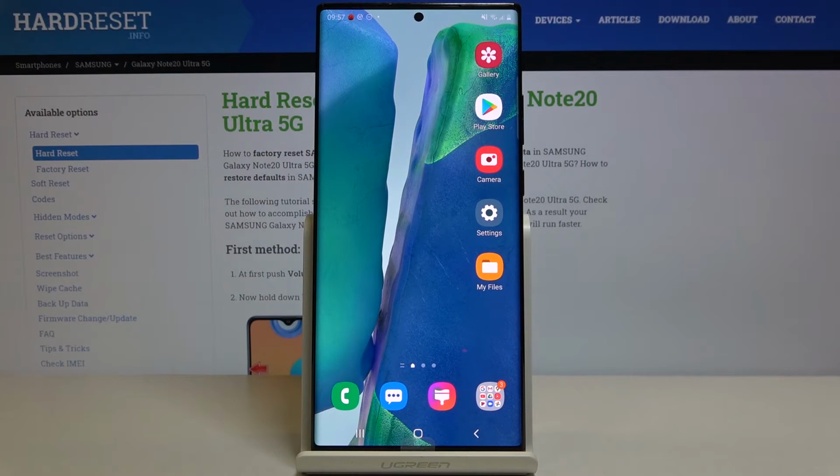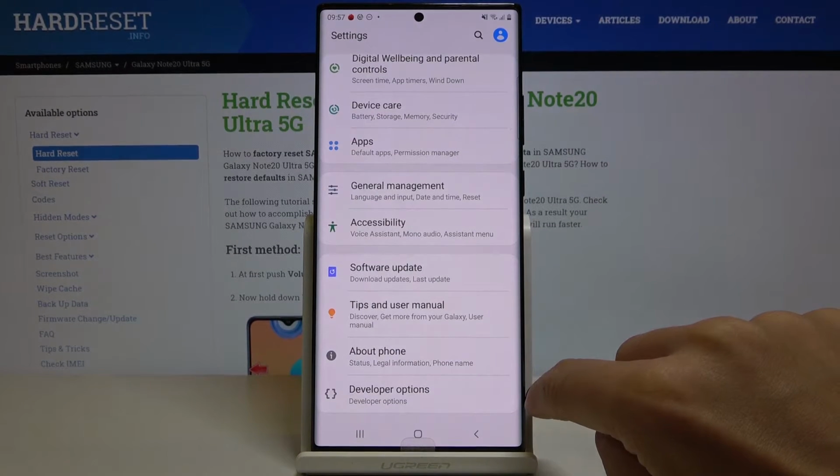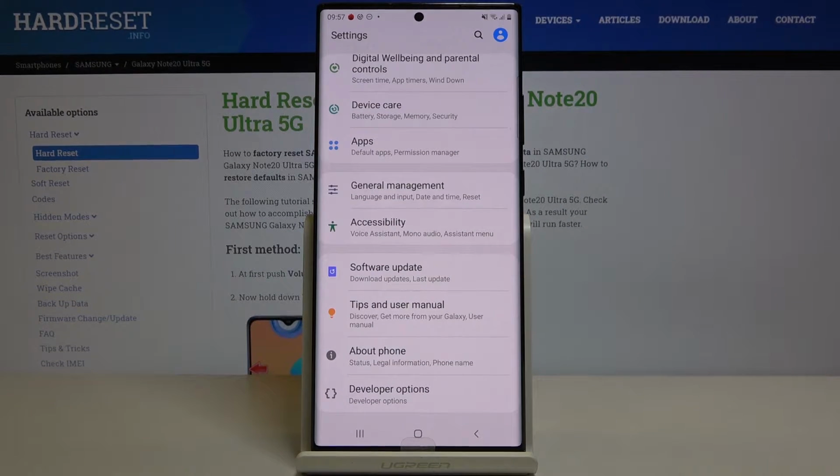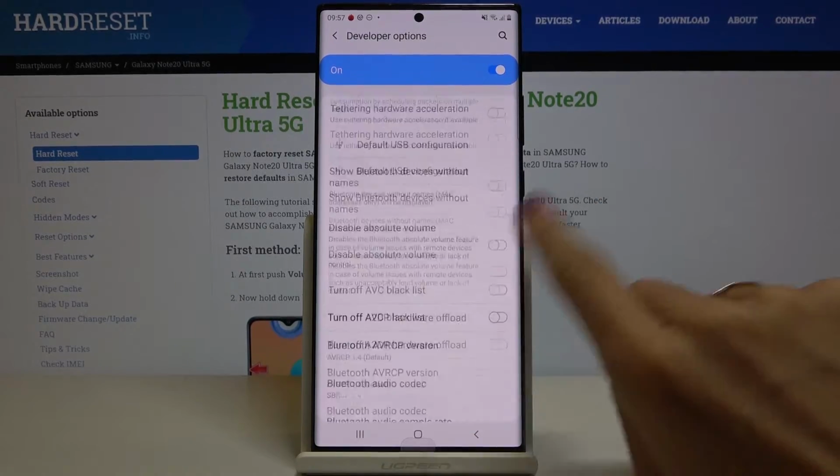In front of me is Samsung Galaxy Note 20 Ultra, and let me show you how to change screen colors on the following device. So first of all, just open the settings, then go to developer options. If you cannot find developer mode right here, just take a look at our tutorial on how to activate developer options. Then tap on developer mode, scroll down